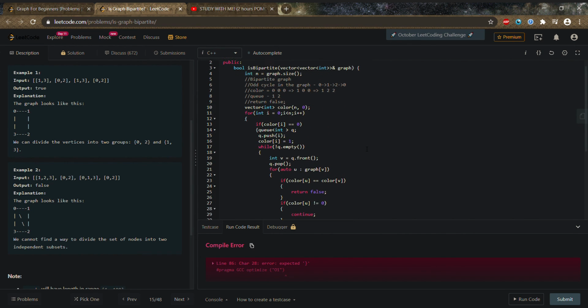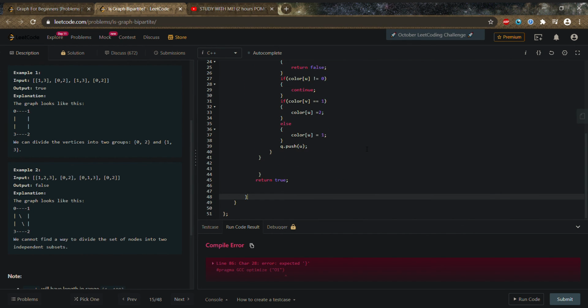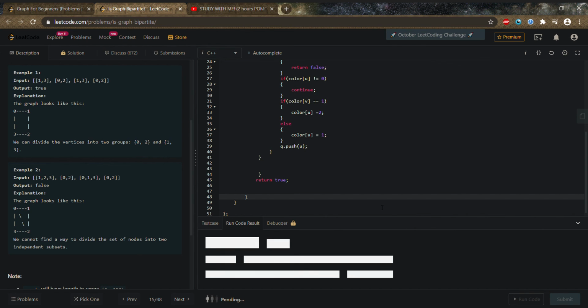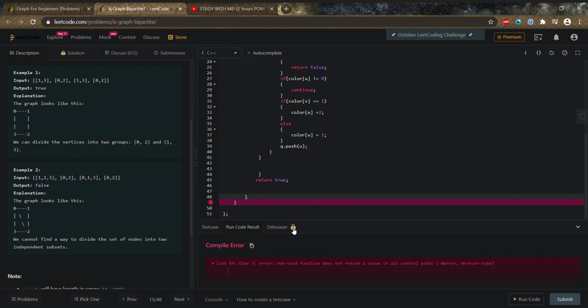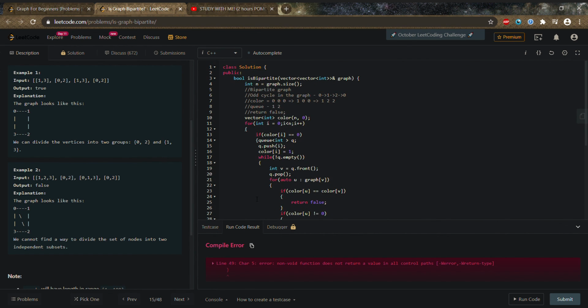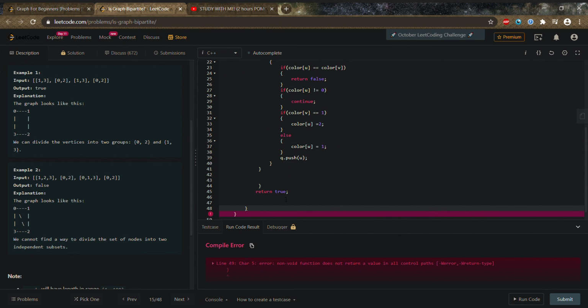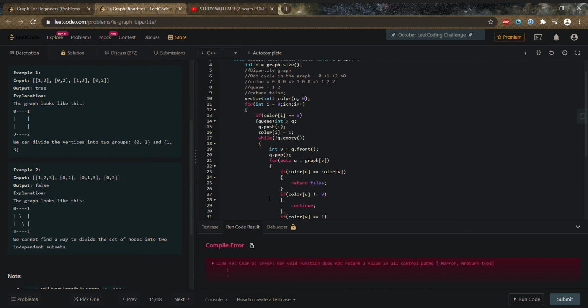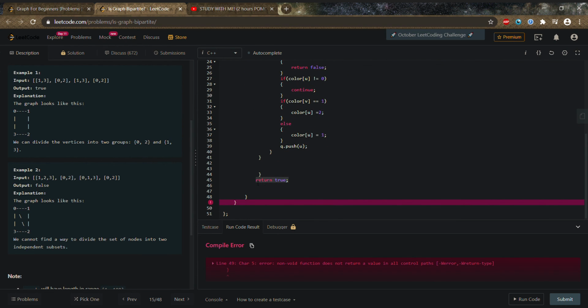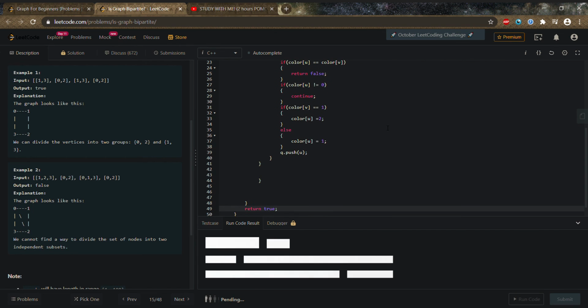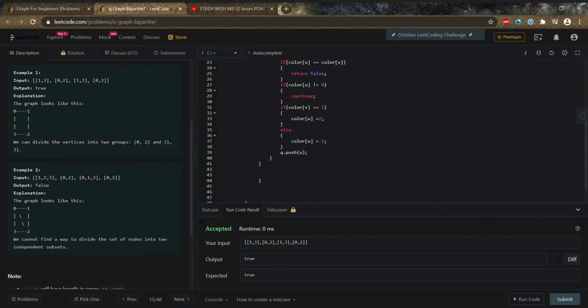Why was it wrong? Okay, after the for loop, I think we have to return true. Yes, it has been accepted.